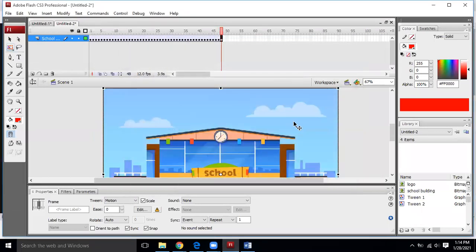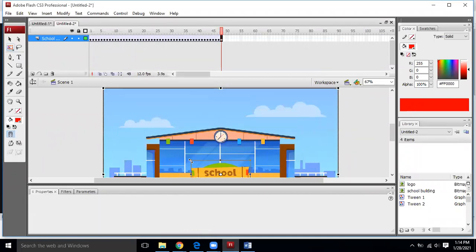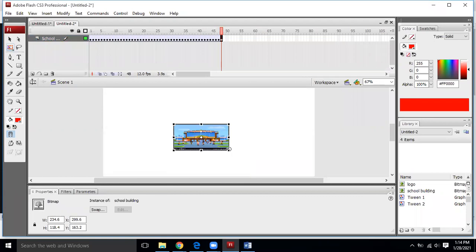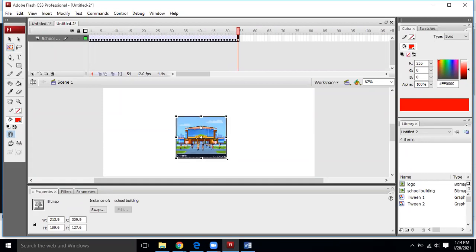Import to stage. This is too large. The building is too large. So what are we going to do? We are going to make it small. I will place it over here in the middle. Fine. Then by pressing F6, I will increase the size, F6 resize, F6 resize.